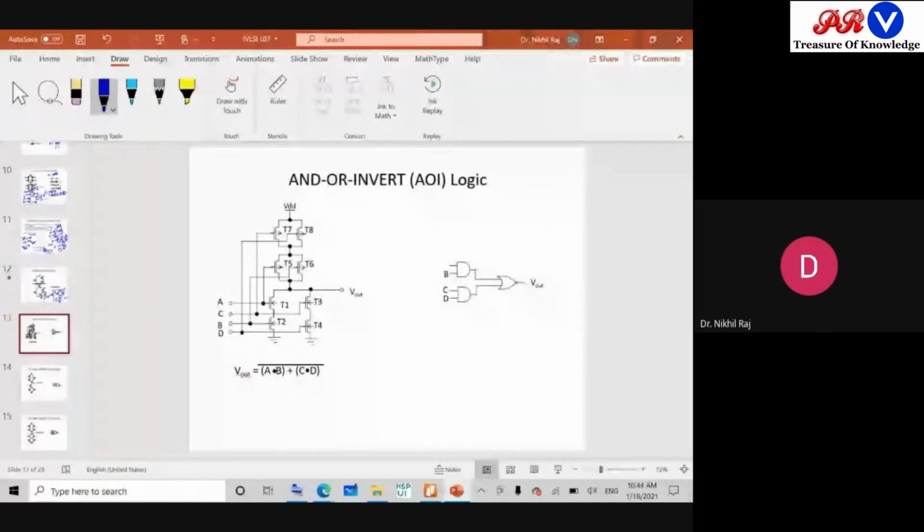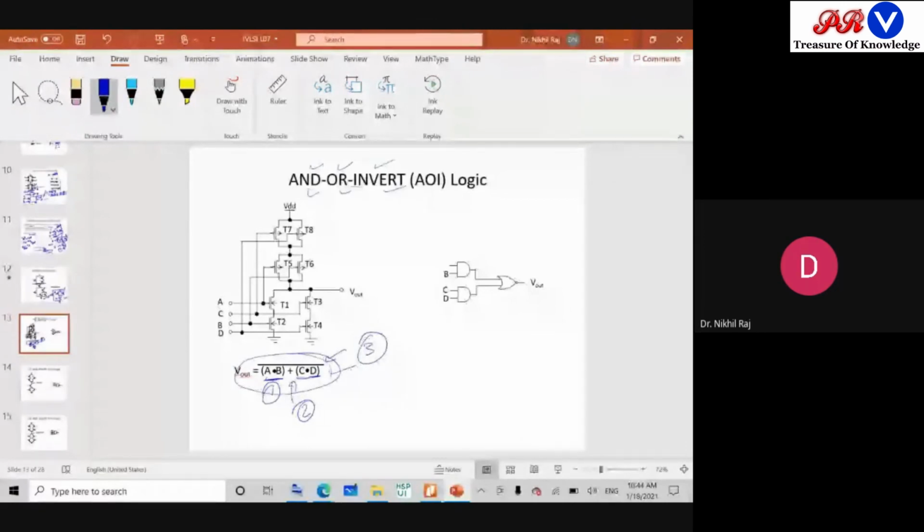Okay, so now there are two types of logic we call AND-OR-invert, AOI, and OAI logics. You must have seen in digital, AND-OR-invert means first AND operation, then OR operation, and finally invert operation, which is happening here in the CMOS logic. Like this is the given function. So what type of function is it representing? A standard function it is. First is the AND operation, second operation is your OR operation, and third operation is your invert operation. So this is AND-OR-invert logic.